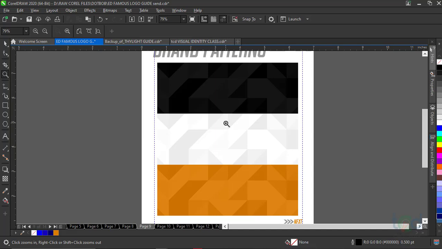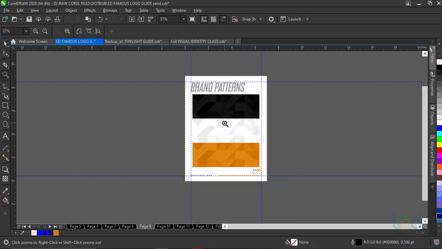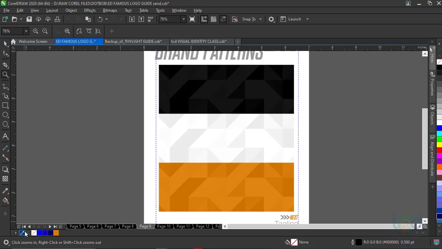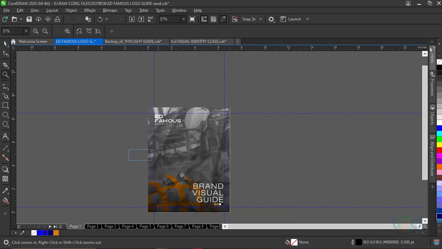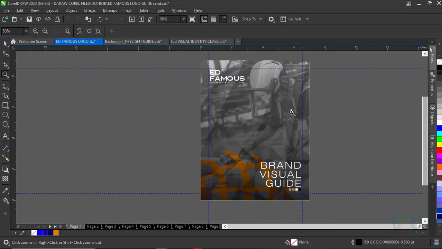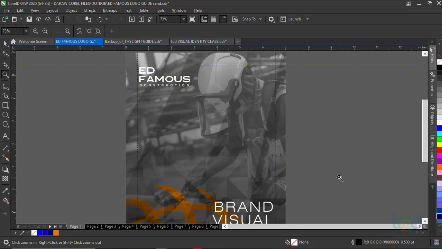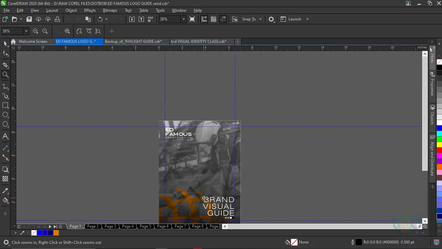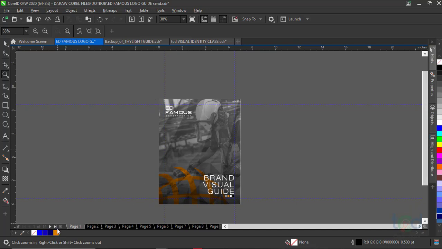You see the way I used these patterns when I designed the cover page. There's a faded, desaturated photo, and the photo here is showing a man doing some construction work, with the helmet and all that. See the way the patterns are integrated in the design. And then the tagline here,